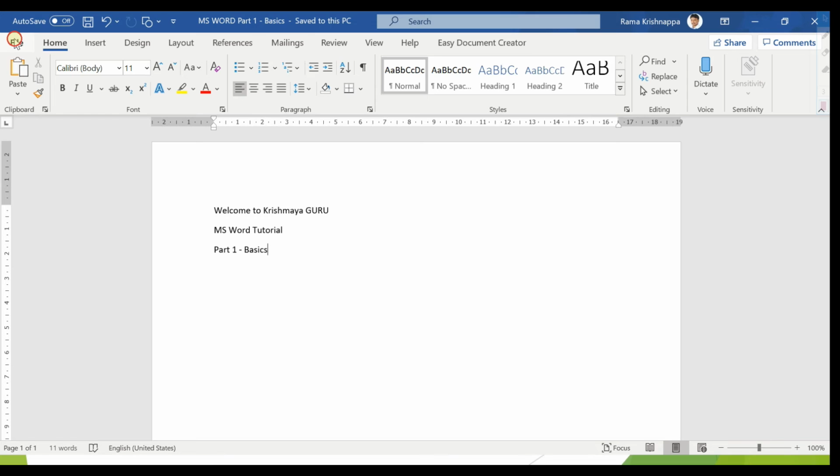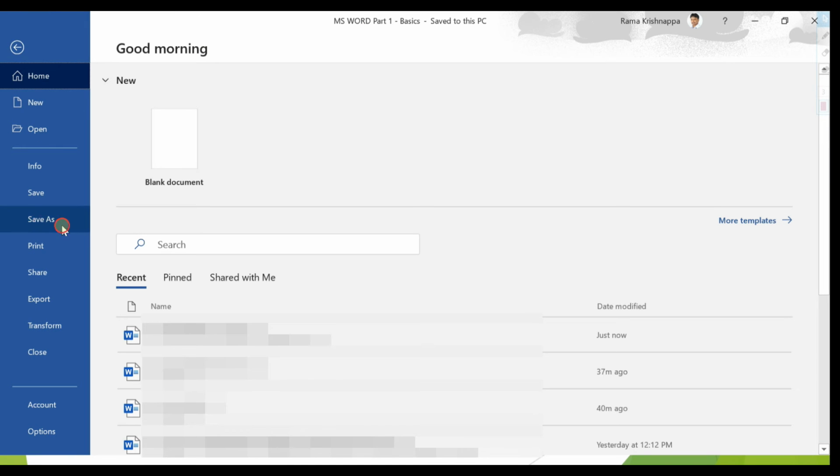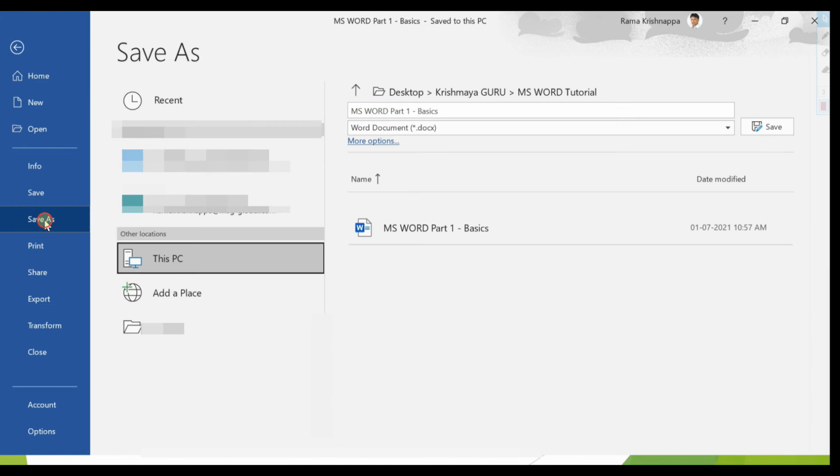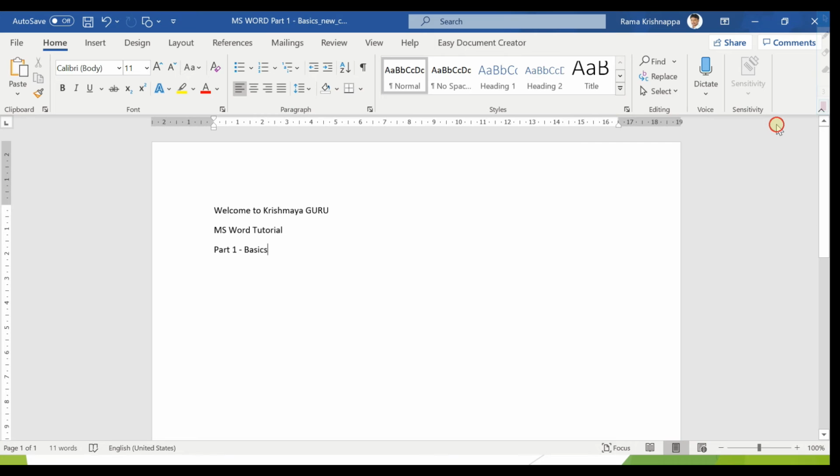Now let's go on to save as. Click on file, go to save as, and you can give a different name here. If you want to save this document into a different name, you can give it. I am creating a new copy of this, so I can name it and click on save. Now you can see that the new file name is being shown here, right?